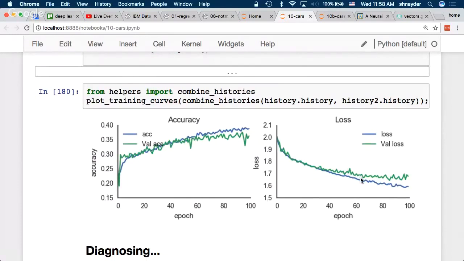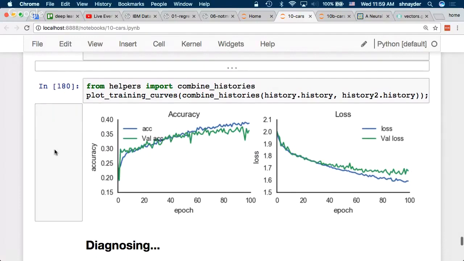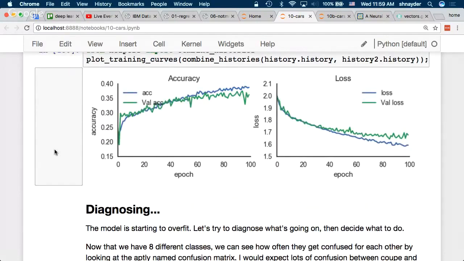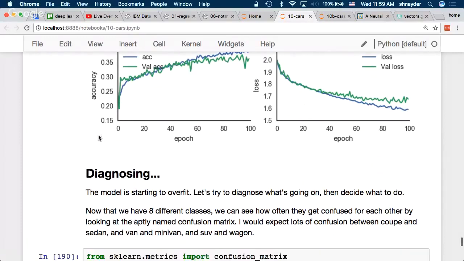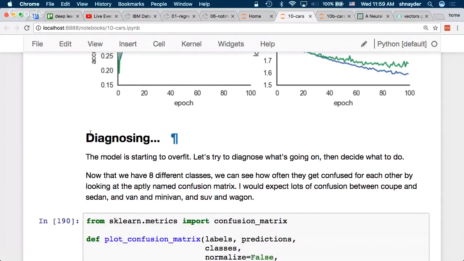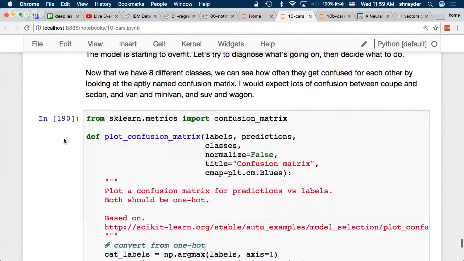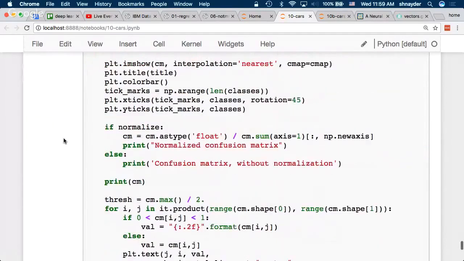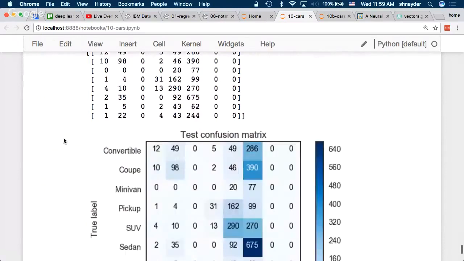And it's more clear on the loss. It's pretty flat for the validation loss. So I said, you know what? Well, I know I'm going to want to use Imagenet anyway. But in terms of building up tools, let's look at confusion matrices and see what kind of mistakes it's making. So I made a function to plot confusion matrices.